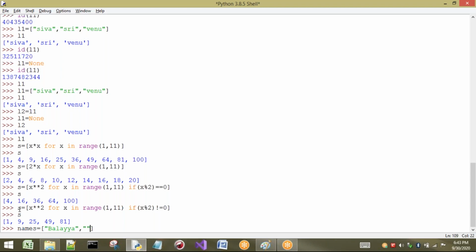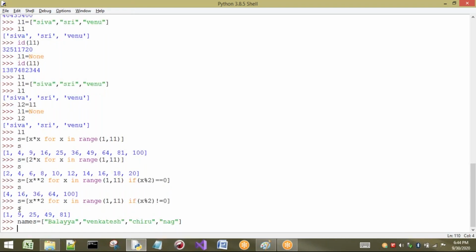I will take some star names, actor names. Okay, top actor names I am going to take. Now see here, the concept is I want to print only the first element from each and every string.